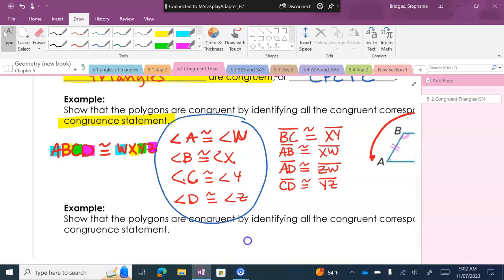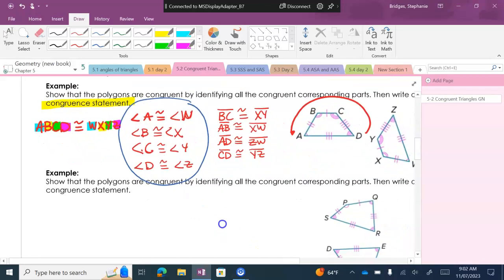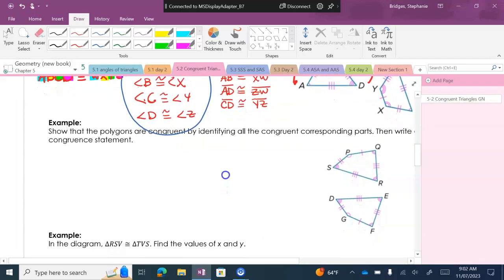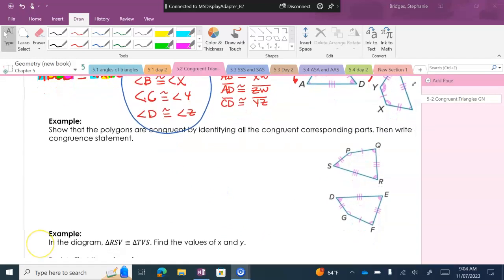I want you to do the next example. Do exactly what we just did. All right, let's start with our congruent angles. Top picture. Which one has one curve? P, okay. Is congruent to which one in the bottom picture has one curve? Okay. All right, and then for the two curves in the top picture would be Q, and two curves in